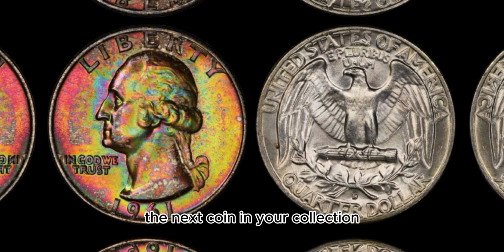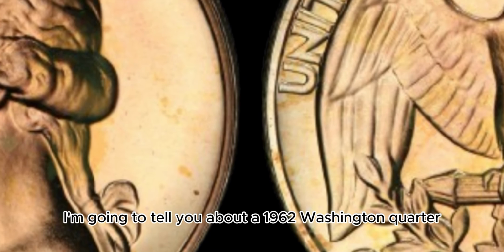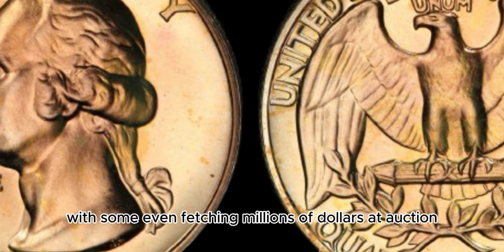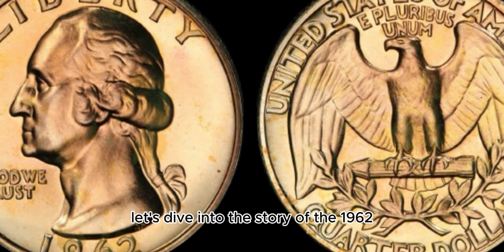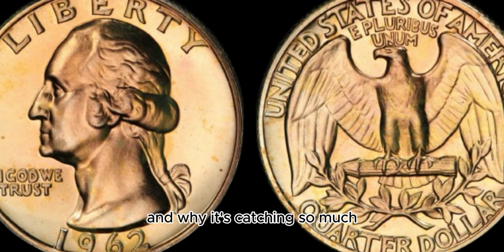Who knows? The next coin in your collection could be worth millions. I'm going to tell you about a 1962 Washington quarter that has recently made waves in the coin collecting world, with some even fetching millions of dollars at auction. That's right, a simple quarter turning into a fortune. Let's dive into the story of the 1962 no-mint mark Washington quarter and why it's catching so much attention from